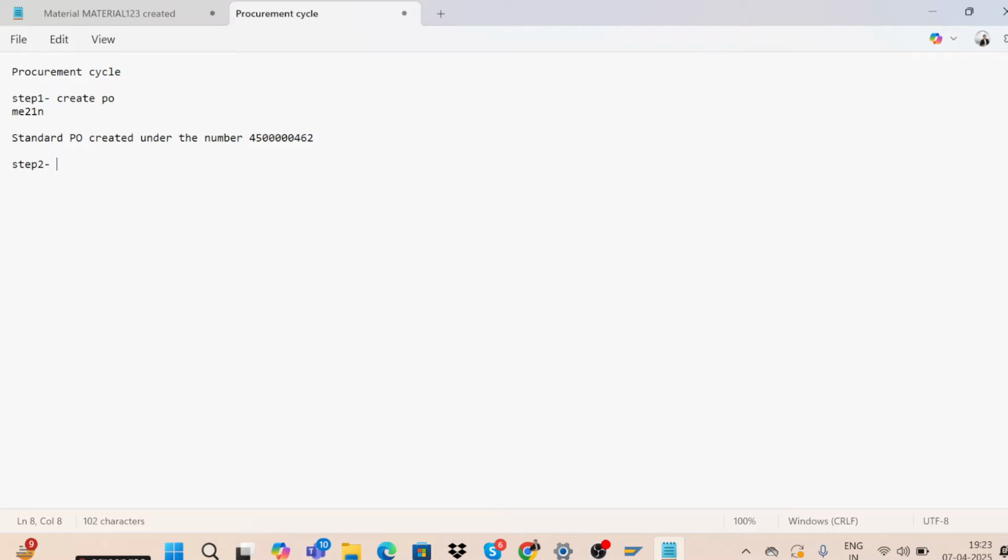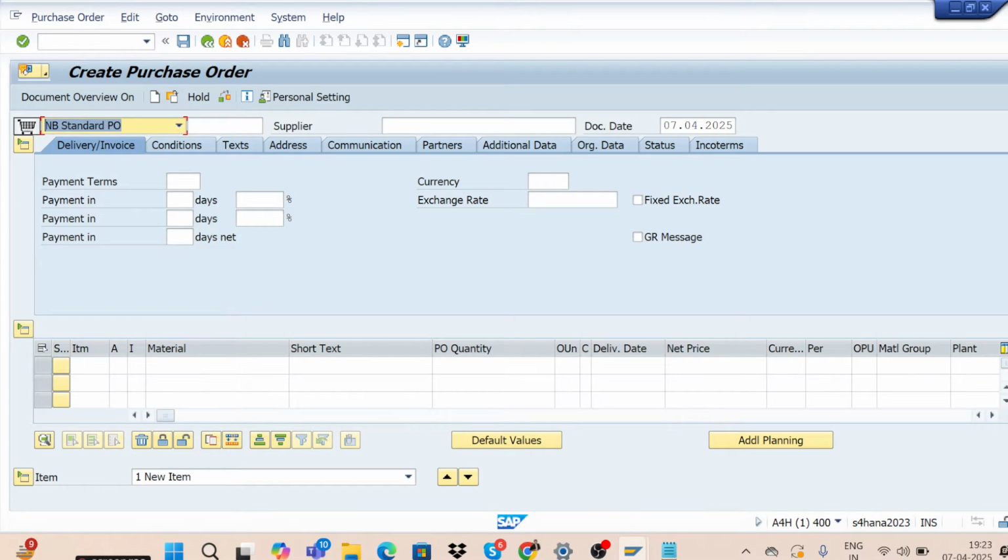So the second step is the GR document. The T code is MIGO.